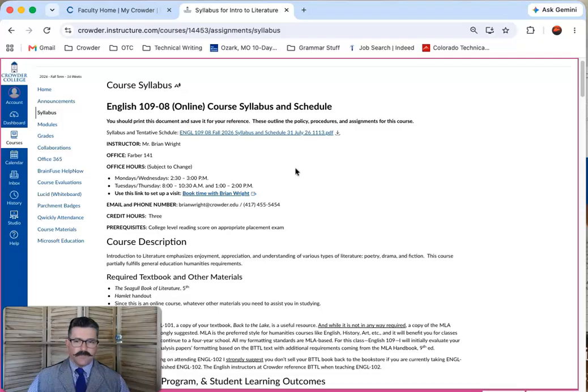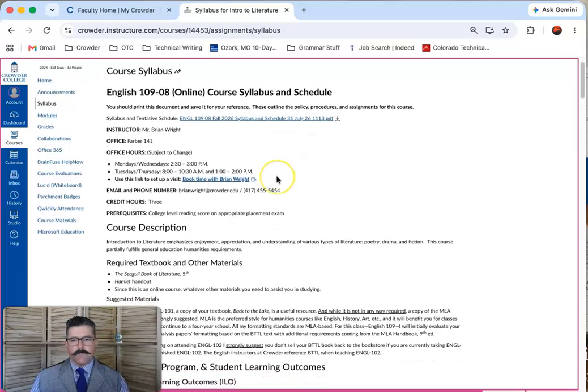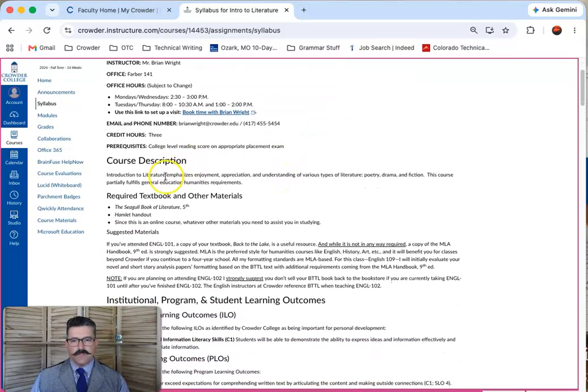If you are on campus and you want to come visit me in my office to discuss something, whatever the case is, I'm in Faber Hall, room 141. Feel free to come by. I may not be there if I'm teaching class or if I'm not on campus. The best way to reach me is via email. You can try the telephone number. You can leave a voicemail, but I will only get the voicemail if I am in my office. My office hours are listed. They're subject to change.